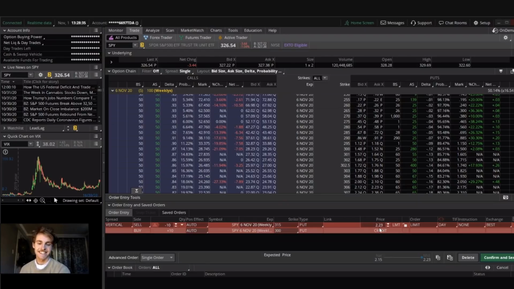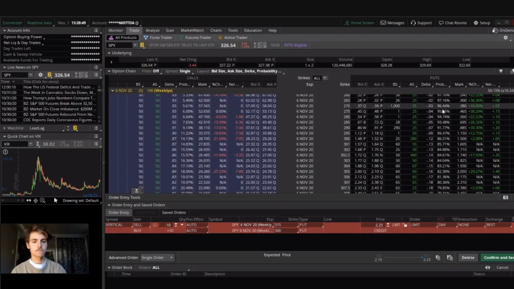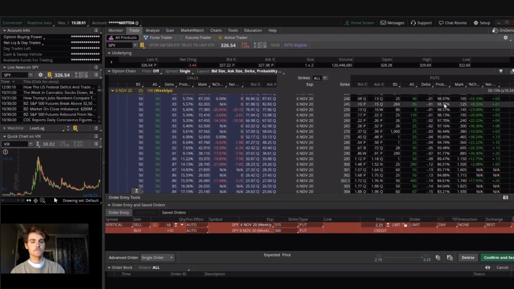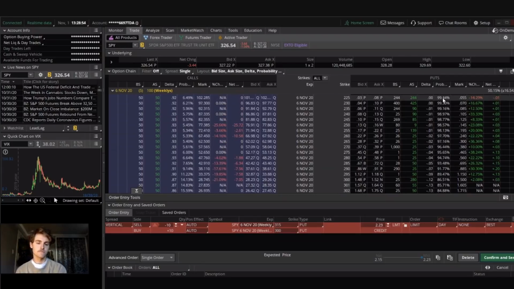I don't care what happens in after hours. Some people might not like that, but if you're at 99% probability out of the money in after hours, you need the stock, in this case the SPY, to potentially drop all the way down to 225. And if it dropped to 225, we have much bigger problems in the market. Exactly. So that is why, when you take these positions,